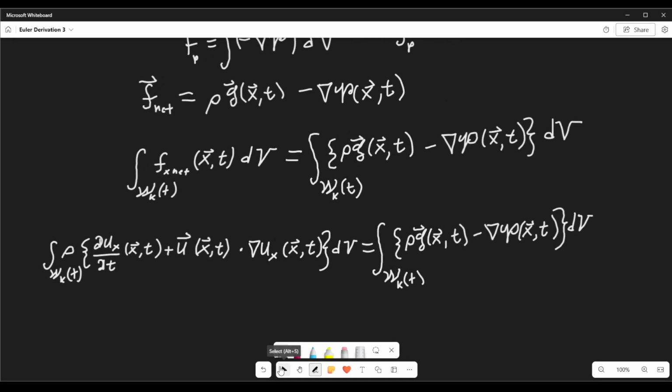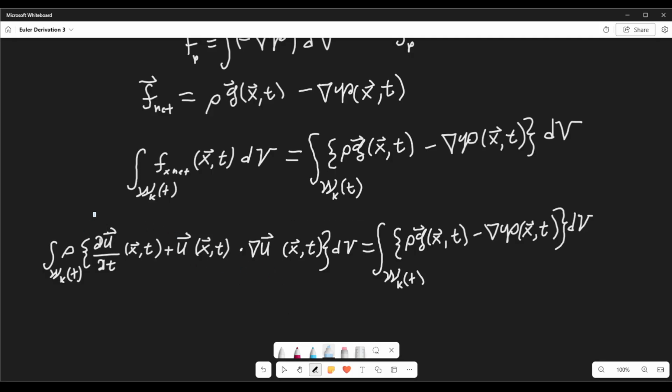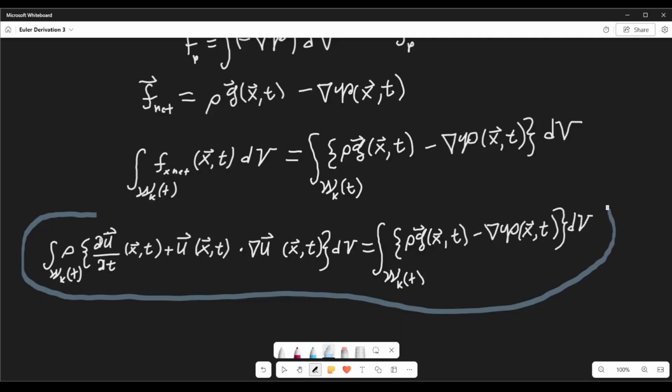So this thing is actually the Euler equation in all its glory, except that there needs to be one small modification. This equation was written for the component in x, and the right hand side is equal to the entire equation. So you can promote this to the entire equation, and that in fact is the Euler equation. So this guy is basically the Euler equation,